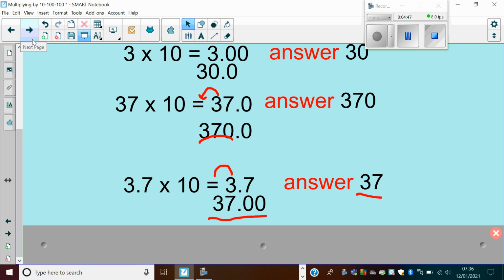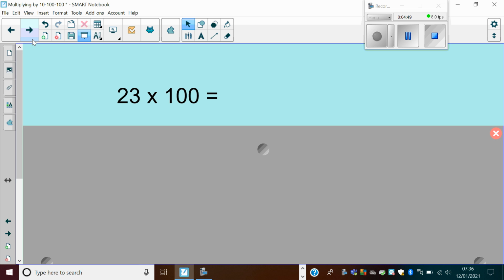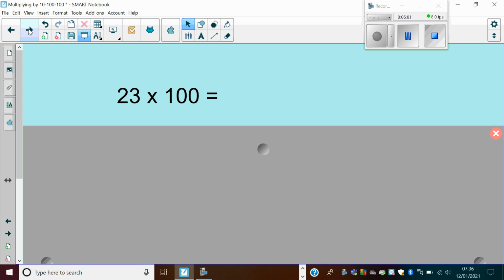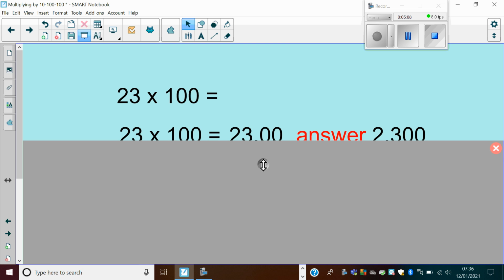Okay, let's move on to 100. In fact, before we do, you note that when we've moved one place to the left, 10 has 1 zero and we've moved one place to the left. So guess what we're going to do when we multiply by 100? If we said 23 times 100,